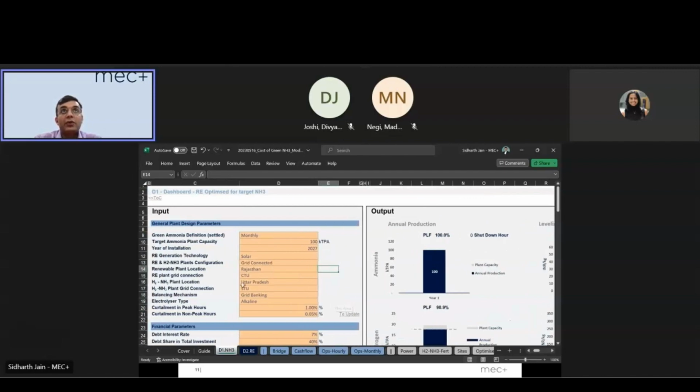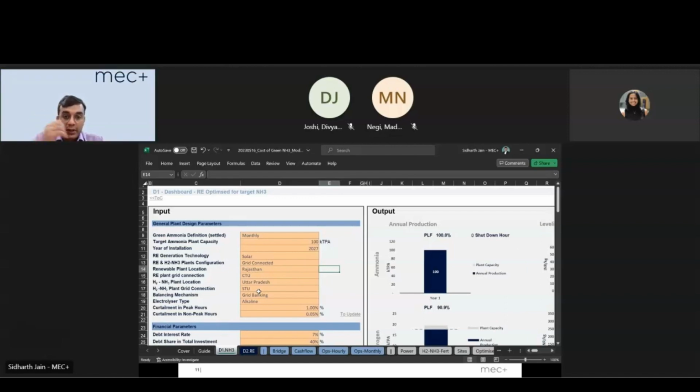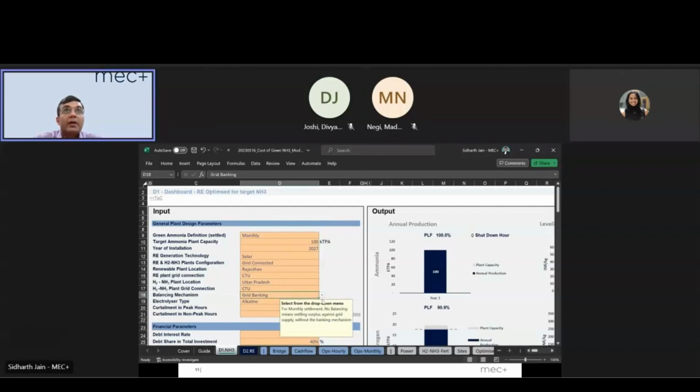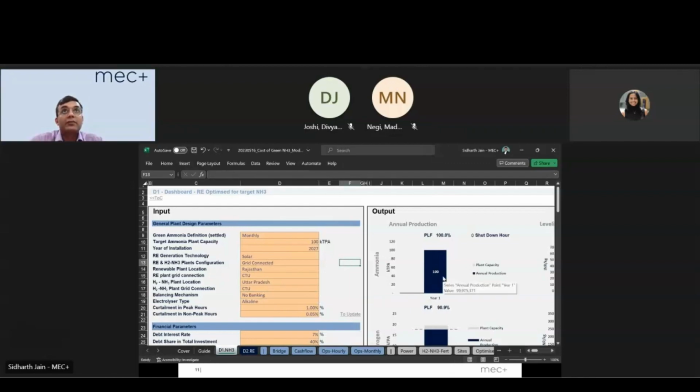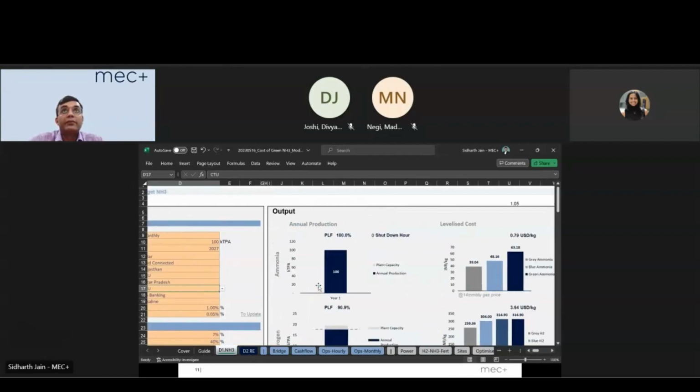Now let's say I want to change this configuration where I am only moving away from the banking case to the no banking case. So what I will do is I will now connect the plant at the CTU of UP, and I will take the case of no banking. So we are waiting for the calculations to get over. So as you can see, the plant is running at